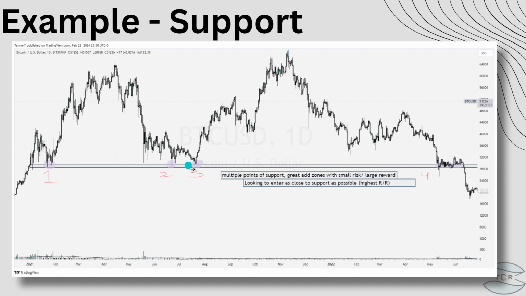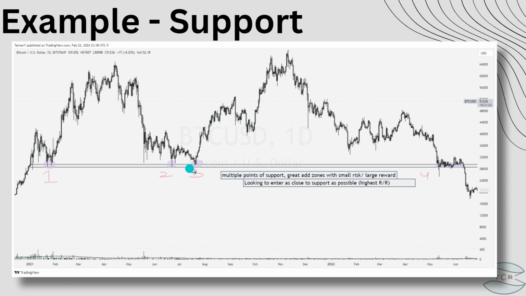So if you're looking to enter on something and you recognize that, hey, wait a minute, I'm starting to recognize a pattern here, which is price is being supported by this 30,000 level for whatever reason. If I enter here, that gives me a nice risk reward on this position. Because if you enter here, right, let's say you enter right around that level, which is about 30,000, or I guess this is more so like 29,000, and it trades down and closes below, if you bought one coin, you're losing about